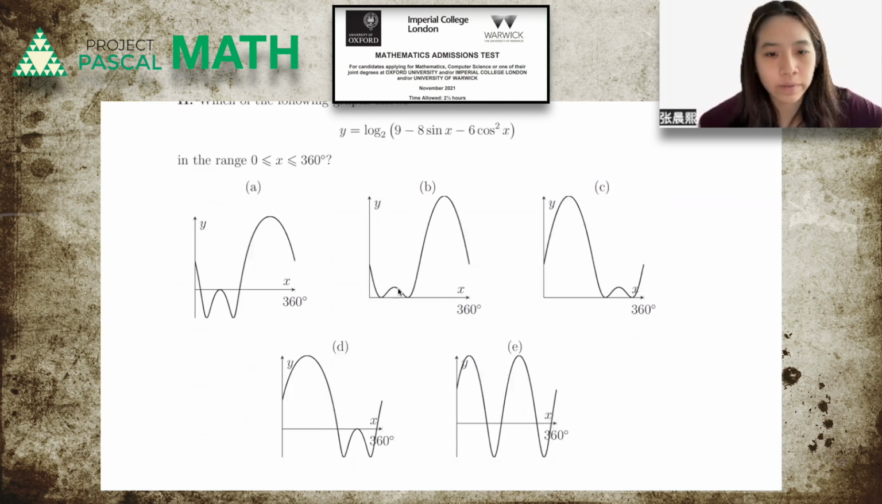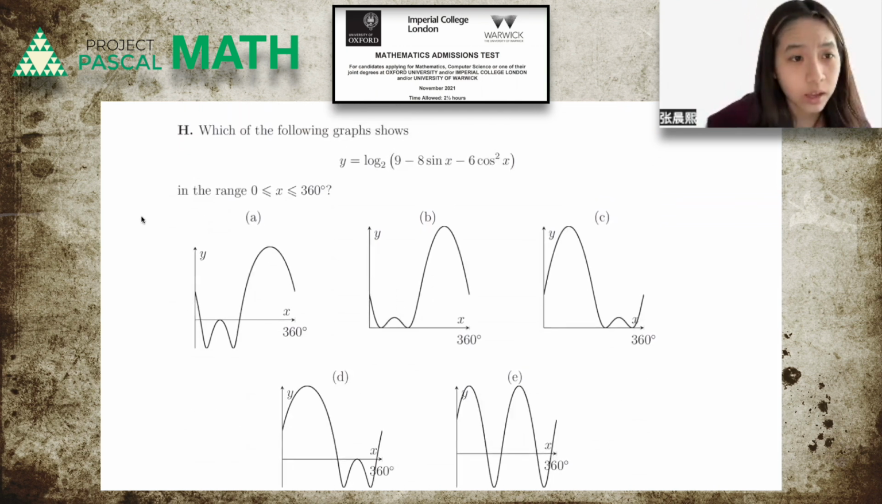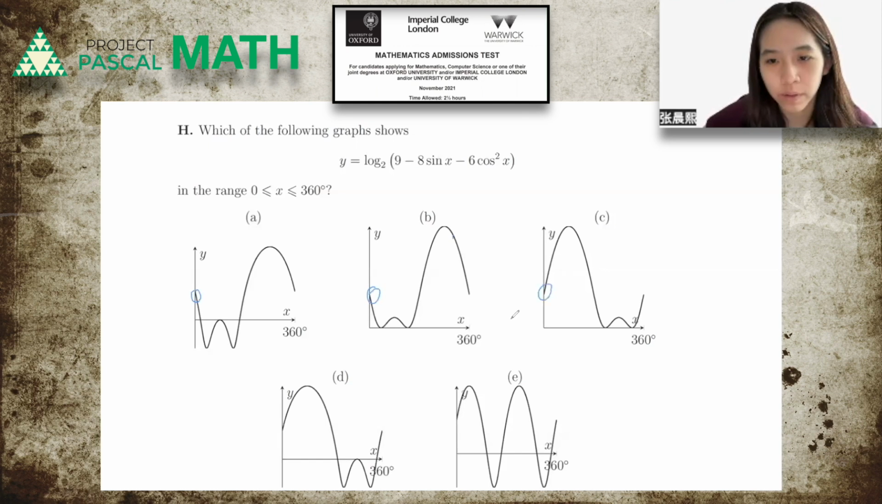Which of the following graphs show this? Okay, so usually for this kind of graphs, you just look at, I mean, this point seems to be constant for all of these graphs, so it would be good if you could note how many times it crosses the x-axis. So when y equals 0, this thing equals 1. So this gives you